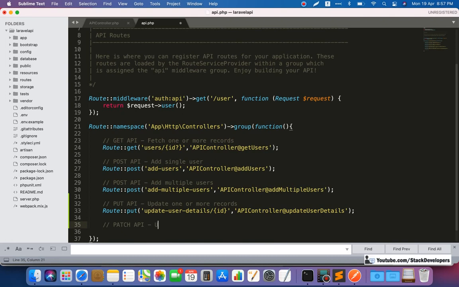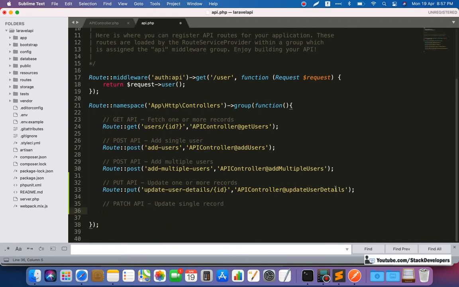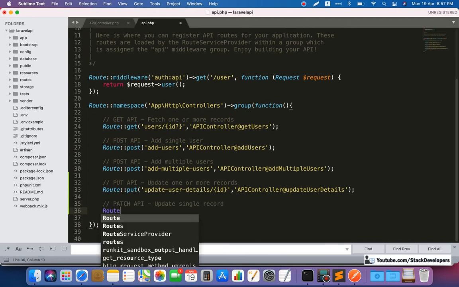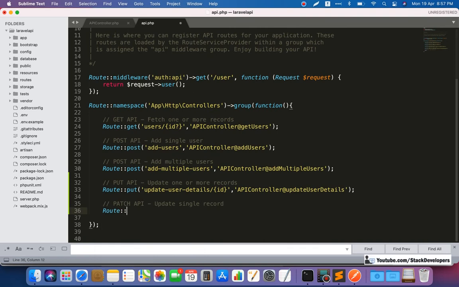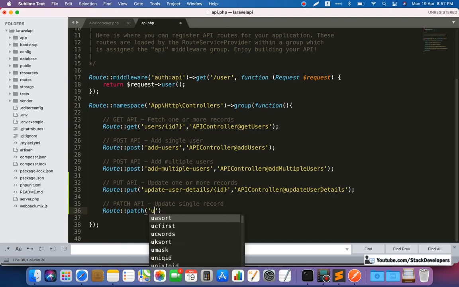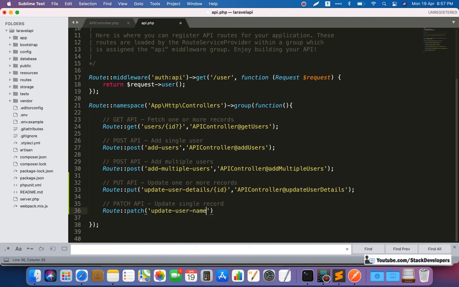We are going to add the route here, patch API, and in this one we are going to update a single record. If we want to update a single record, then we use the patch API route, then patch. Then here we can give update username, because details are not required, only update username.